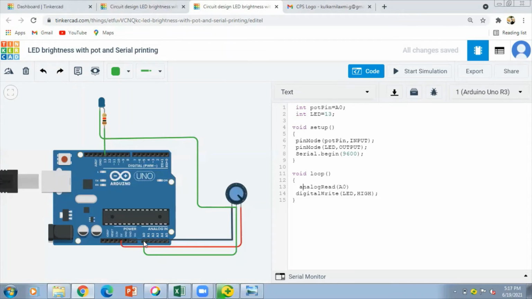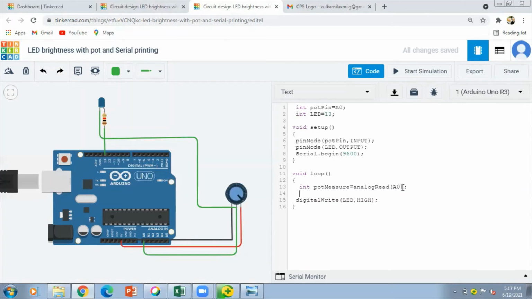Now we need to store this value in some variable, so I'm going to initiate a variable as integer potMeasure. So potMeasure is my variable where we are going to read the value of A0, and A0 is nothing but where we have connected the wiper of this potentiometer, where we are going to get a variable resistance. Fine. Now in this variable, potMeasure, we will receive the value of A0.